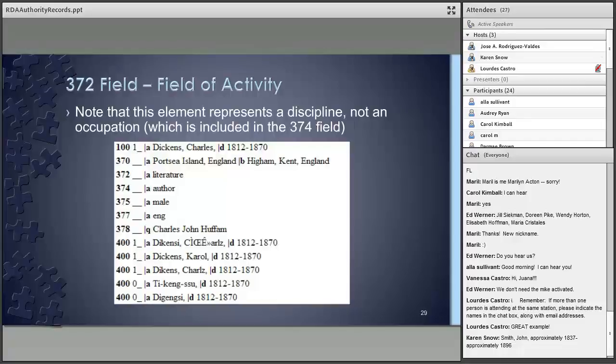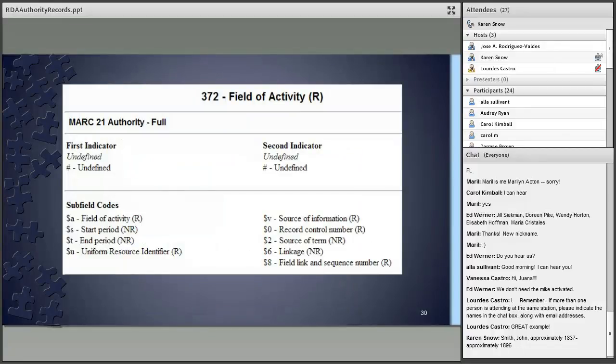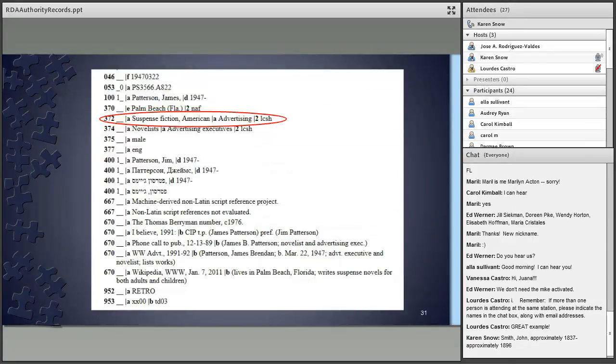So there you go. And I think I'll have a slide going into a little bit more detail about that in just a second, because it may seem kind of redundant, but it's different, right? So here's the field of activity. Once again, indicators are blank, and you want to have the field of activity in subfield A, and so forth. But you may see this done in different ways, because